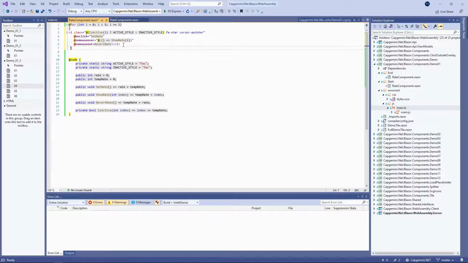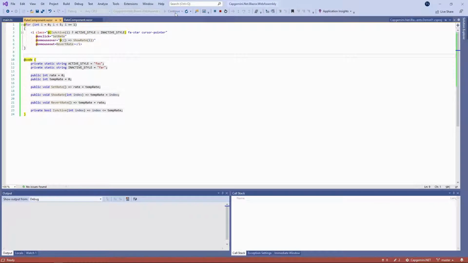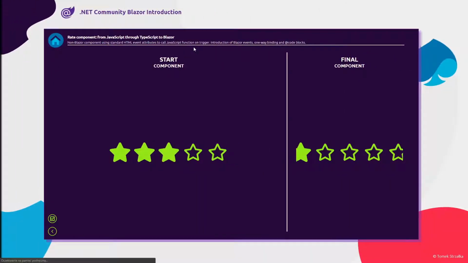Let us style that code a little bit, and fire that solution, and after refreshing the page,